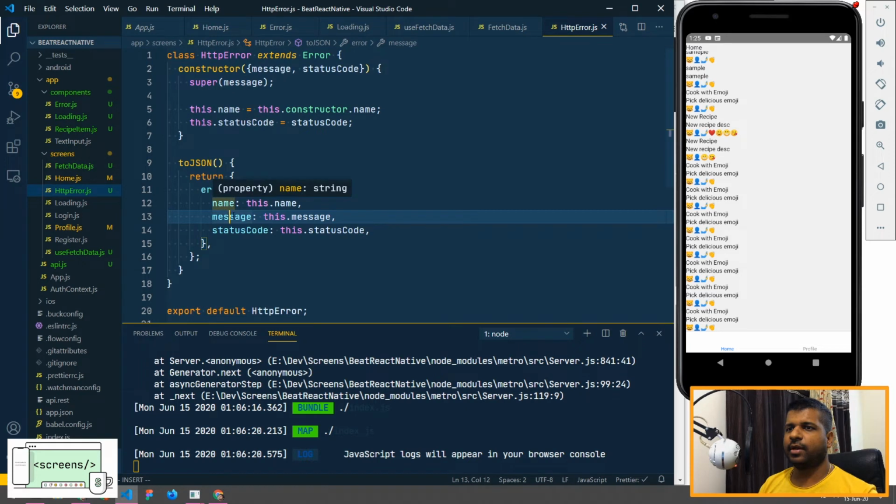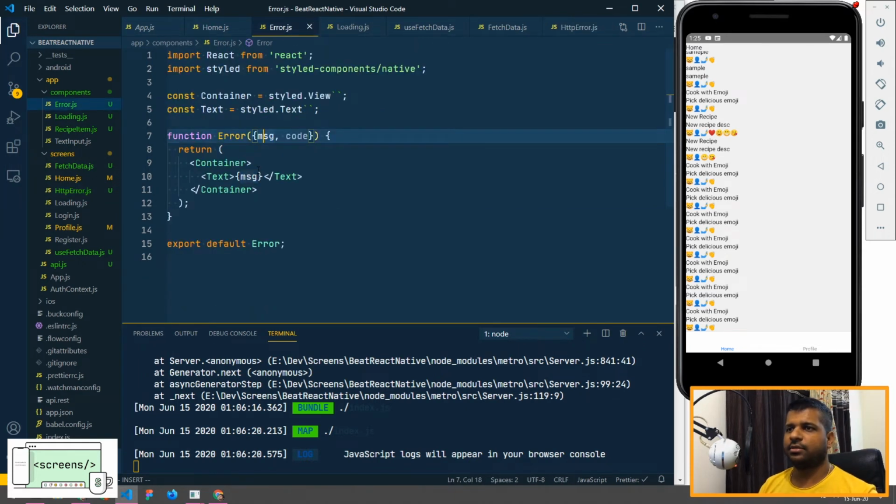Let's change it to name, message and status code.